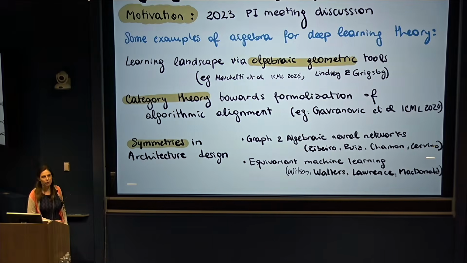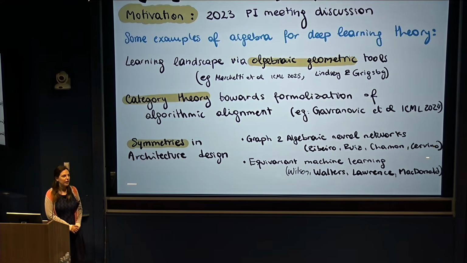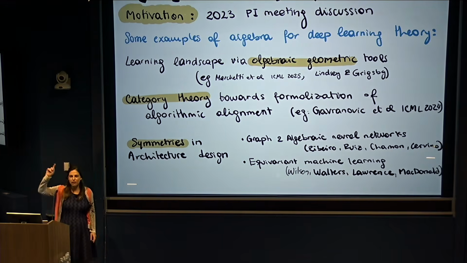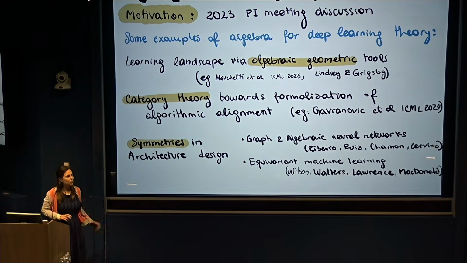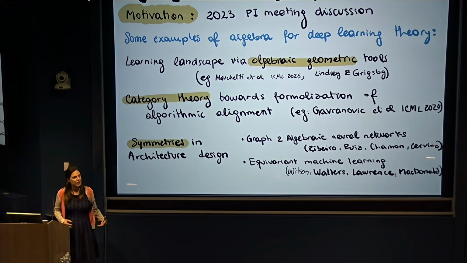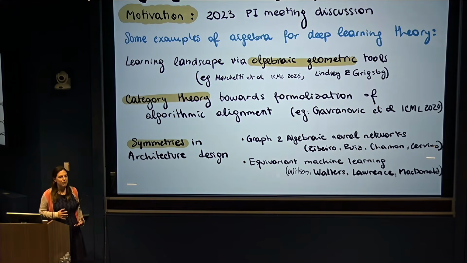This talk is motivated by a discussion that we had in the 2023 PI meeting, I think two floors up, with the NSF program officers. The program officers asked what are the areas of mathematics that are potentially very impactful for machine learning, but have not yet been explored that much. And the answer from the PIs was, maybe mostly, that algebra was one of the areas that could be used in the theory for machine